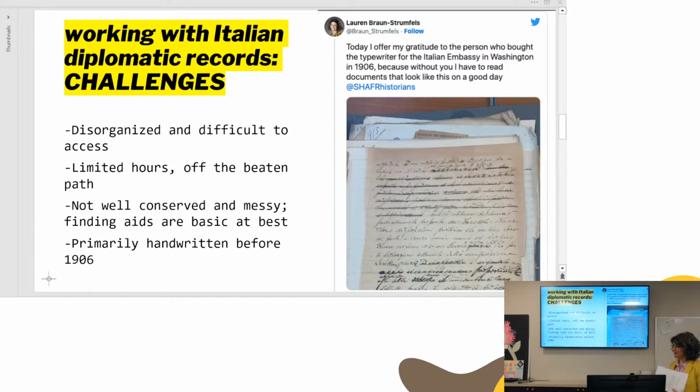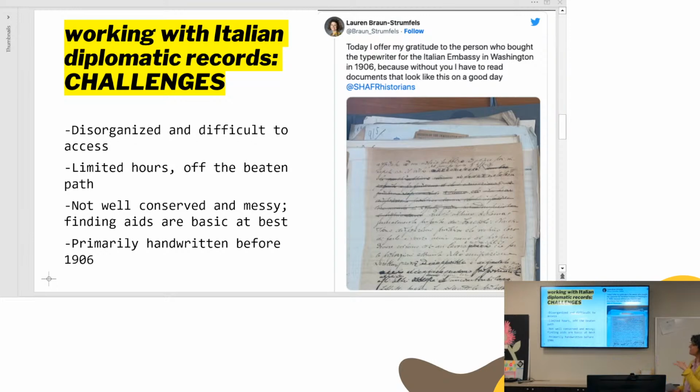So in larger US archives, you page documents, you say, this is what I want to look at, and somebody brings it to you. Sometimes right away, sometimes within the hour. Here, they bring it to you the next day. And now you have to register online. So all of these things have to be built in, right?